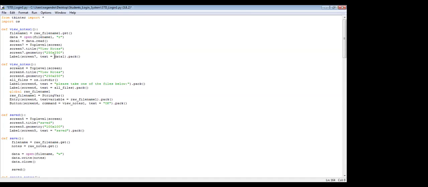If you keep a quotation here, it will show you only data one, not the file data here. What is data one? Data one is the data which is read from the file. So it will not show the thing that data one holds, it will show only data one.